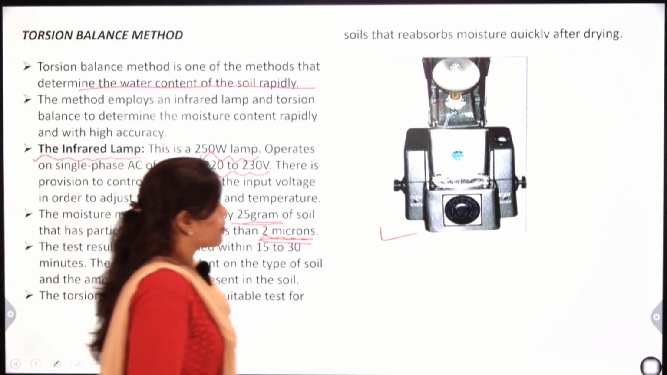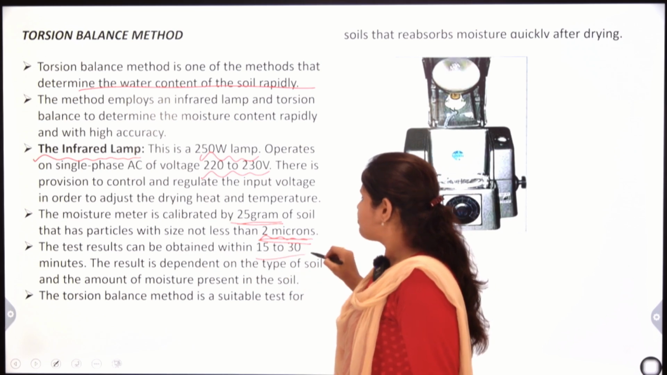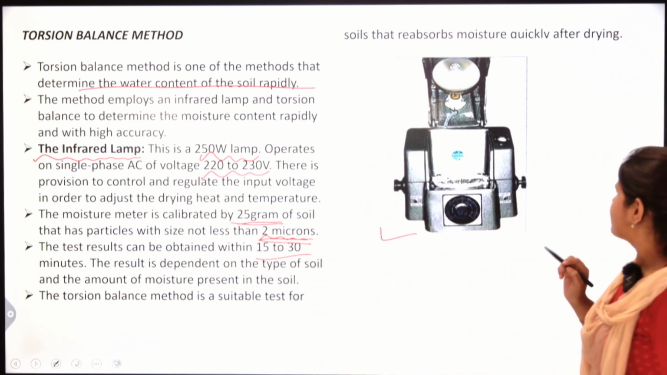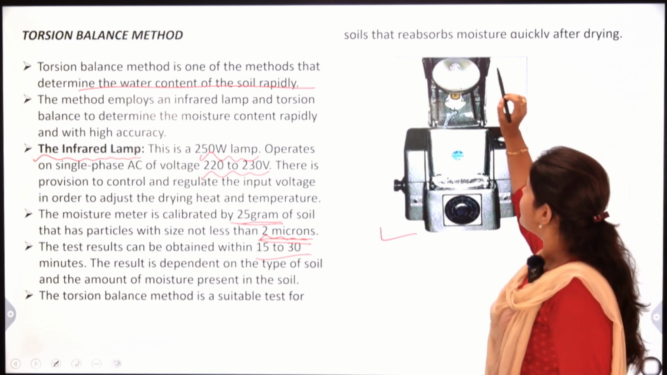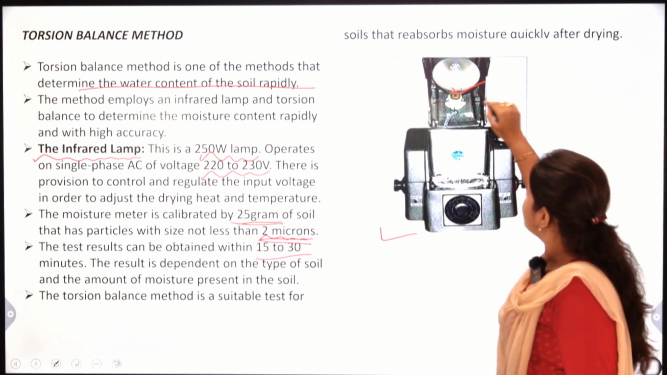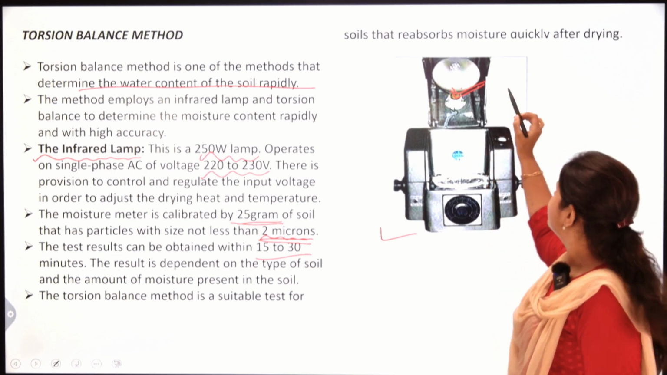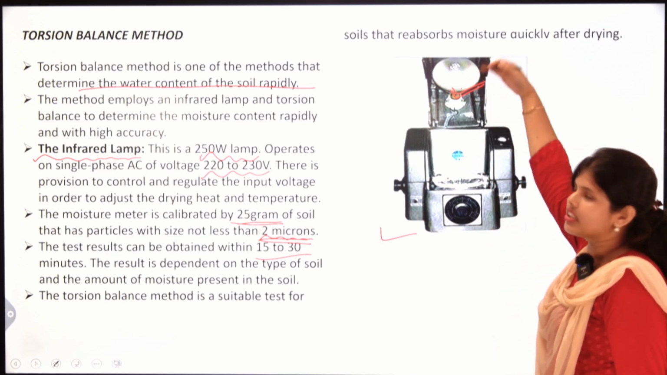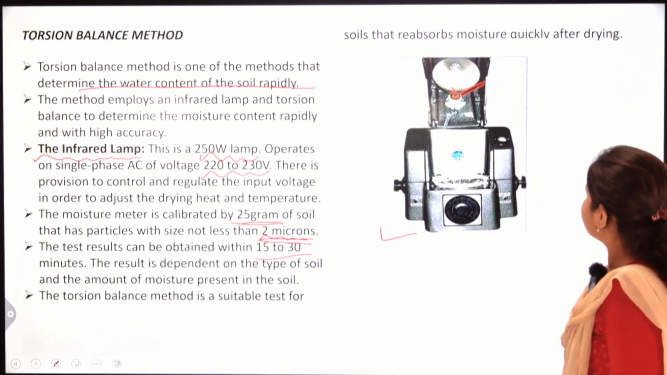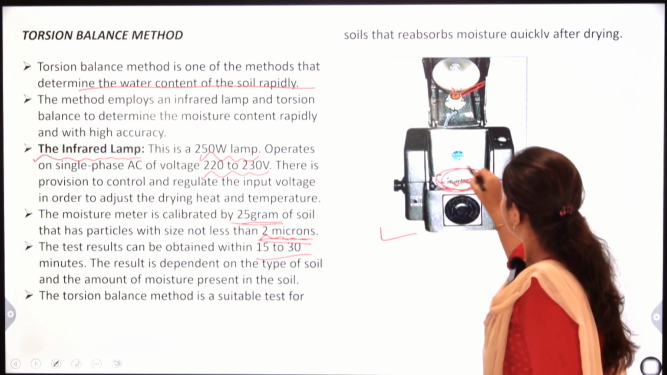As I have already said, the test result can be obtained within 15 to 30 minutes. Here our lamp is here. This is an infrared lamp. We can raise or lower the distance between the container and the lamp. Next, here the container will be with